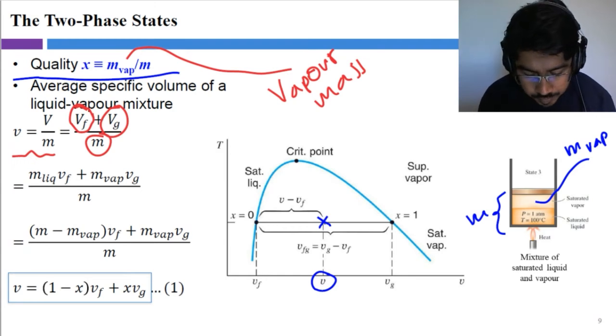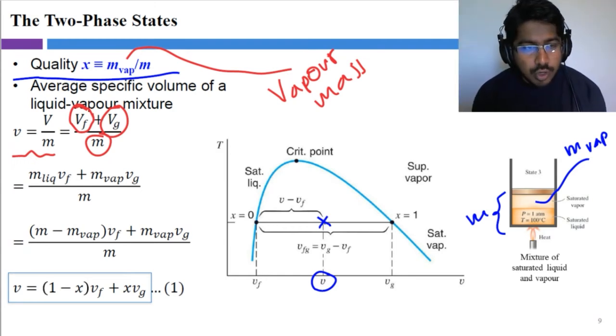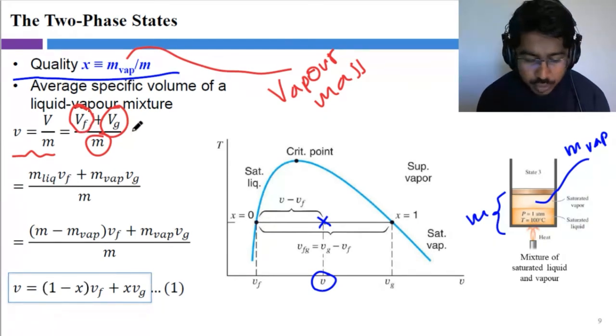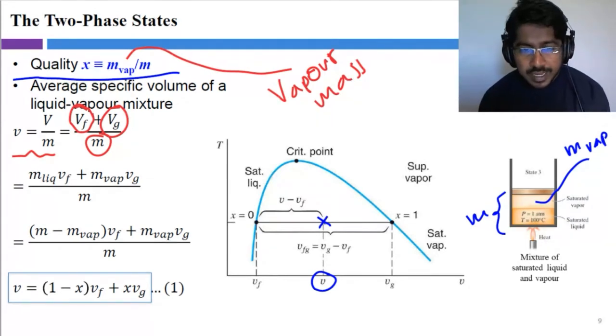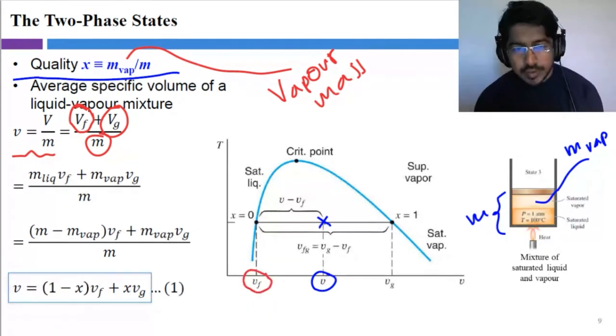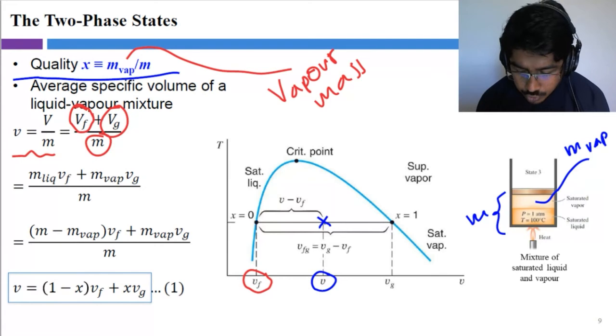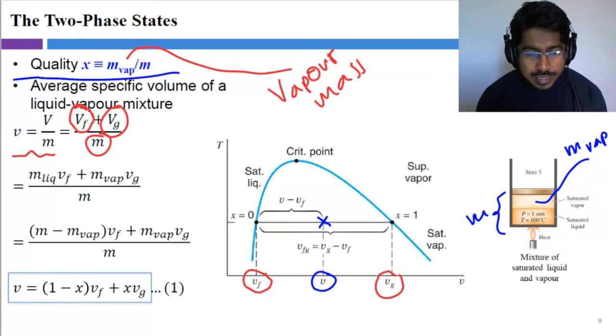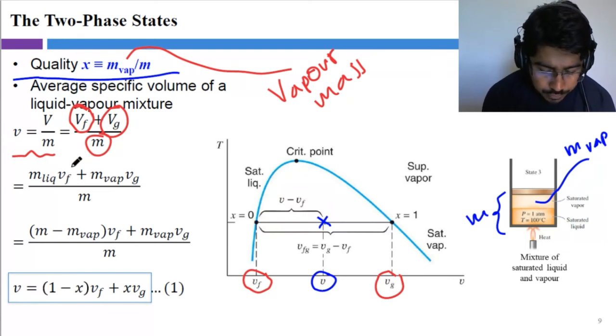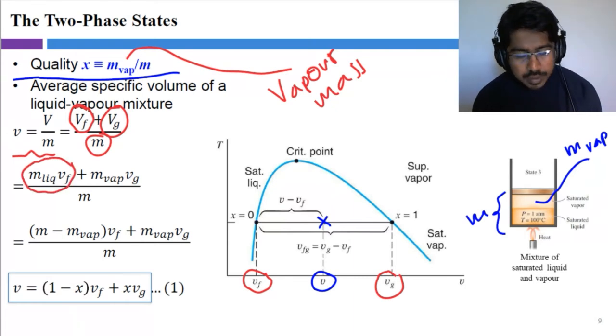Okay, so now we have the total volume of the system in the sense of Vf and Vg. I mean the volume of the fluid and volume of the gas, volume of the liquid and volume of the gas. Now the specific volume of liquid inside this system is going to be equal to vf, and specific volume of gas inside this system is going to be equal to vg, right? So then in that case we can write the volume of the liquid portion as m liquid into vf,